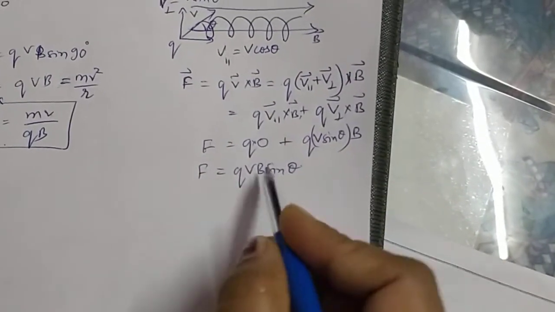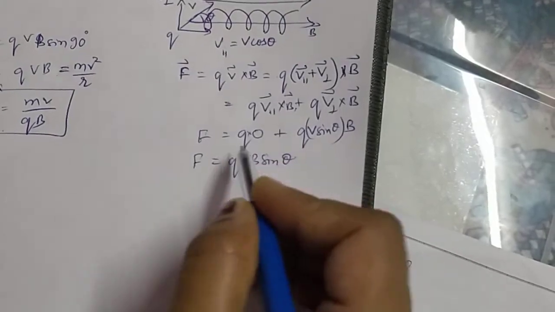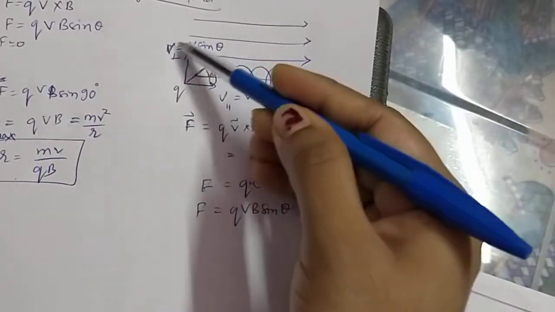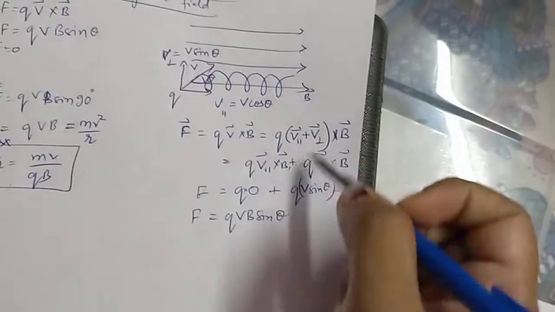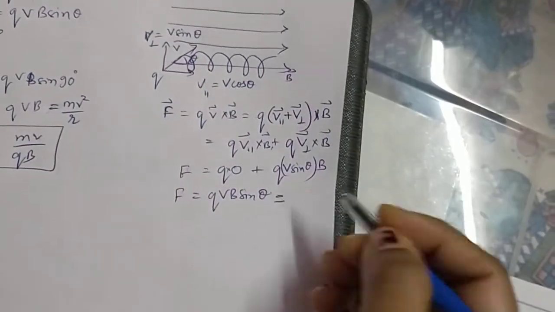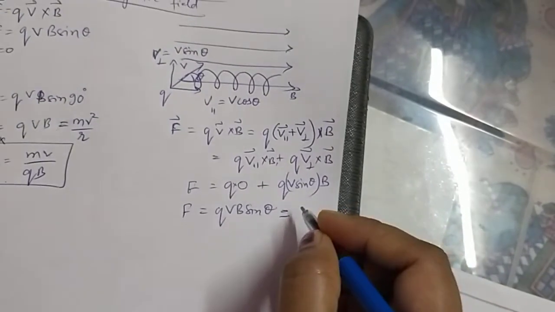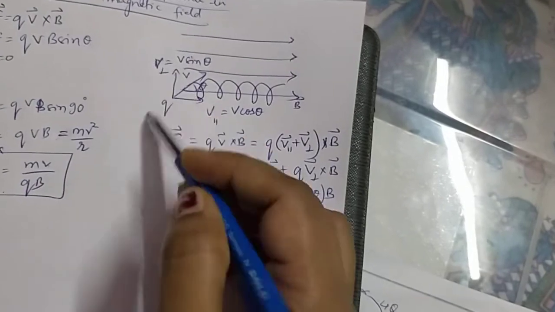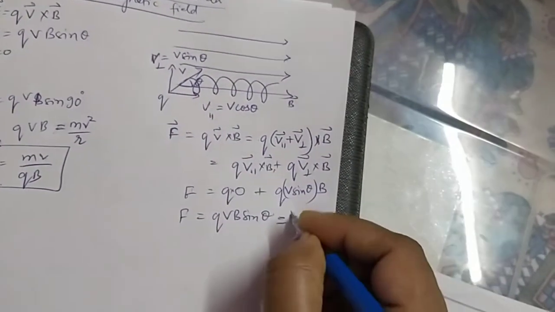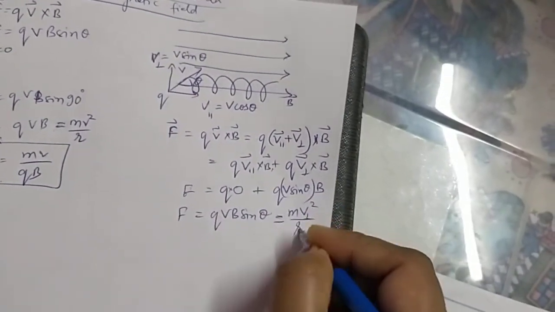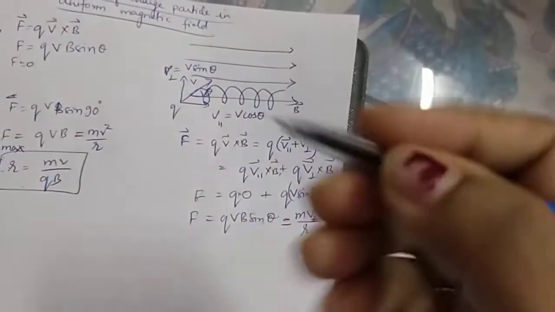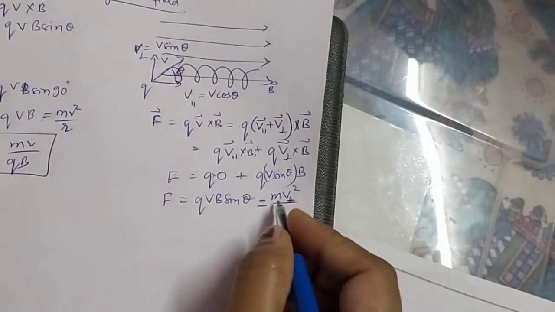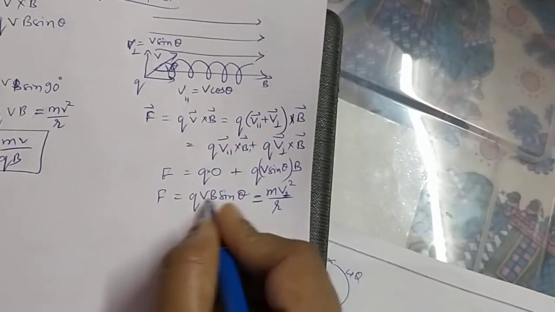So now, this is the velocity, this is the force. And this force is causing circular motion. And in circular motion, this velocity is the one that matters. So when I equate mv square by r with the centripetal force, which velocity will I take? I'll not take this velocity, I'll take this velocity, because this is causing circular motion. So mv perpendicular square by r, where r is the radius of the circle, the helix. So from here you know that v perpendicular is equal to v sin theta, and here it is already v sin theta.